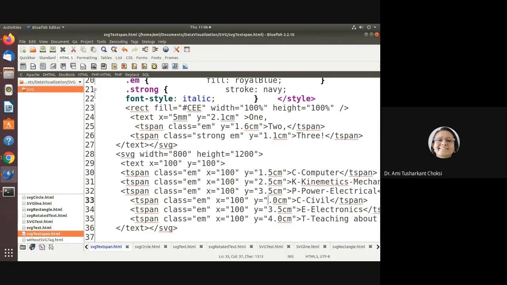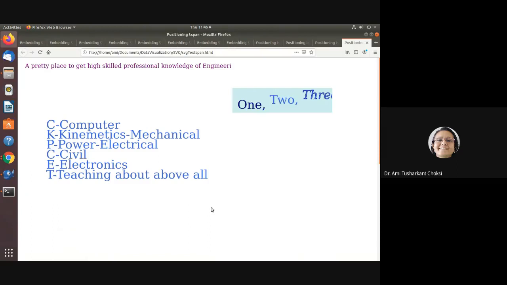4, then 4.5, then 5.0. Okay, oh, 4.5, right? Then 5.5, then 6.5. Let us check what it gives us. Preview in the browser. Ooh, cool, isn't it?